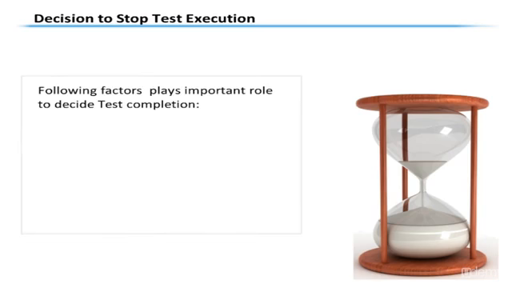Decision to stop test execution. When would you decide to stop software test execution? The aim of software testing is to find defects which affect smooth functioning of the application. Factors that help in deciding when to stop test execution include confidence level in the software behavior as expected in